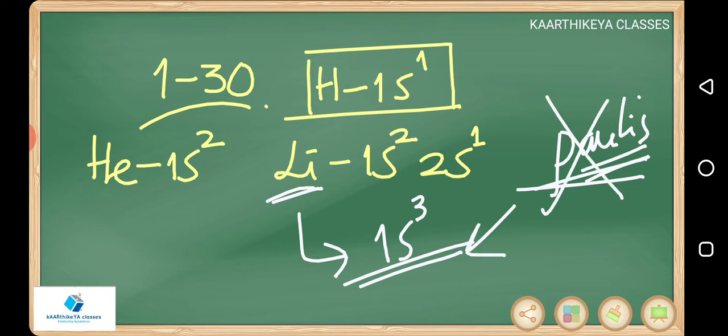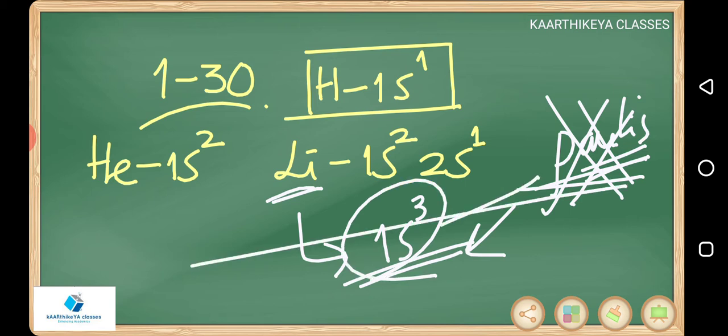Okay, these types of questions you can see in all the books. These are all imaginary questions. We know Pauli's principle, it has to be followed. If it is not there, it is an imaginary type of question. When such imaginary questions are there, just be careful. Lithium configuration will become 1s3 if Pauli's is not known. Absolutely a blunder, as it is known, the electronic configuration is 1s2, 2s1 only.